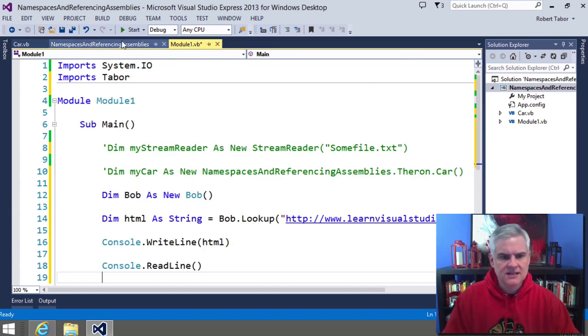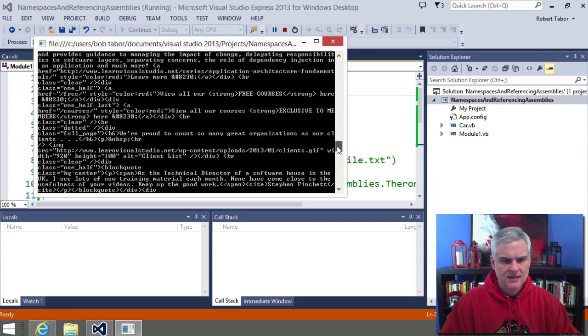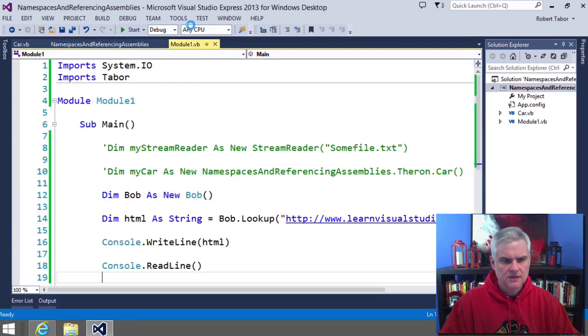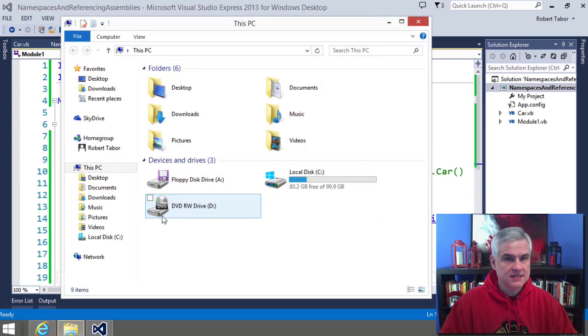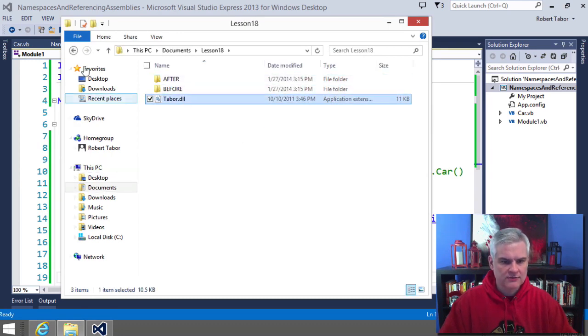Now let's run it to see if it works. And after a second, it sure does. It brings back a bunch of HTML from my website. Awesome. And I also want to point out that while we reference that assembly from the Documents Lesson 18 subdirectory,